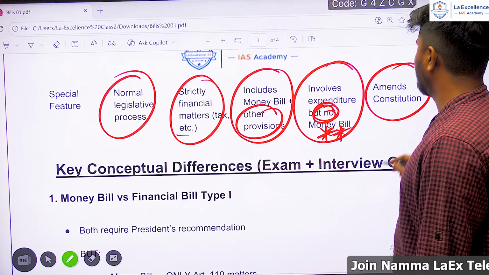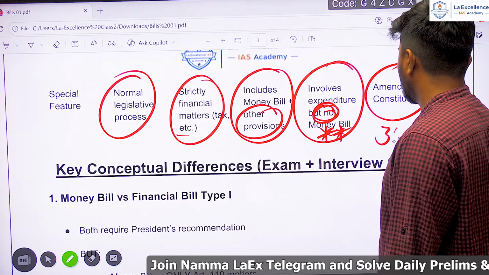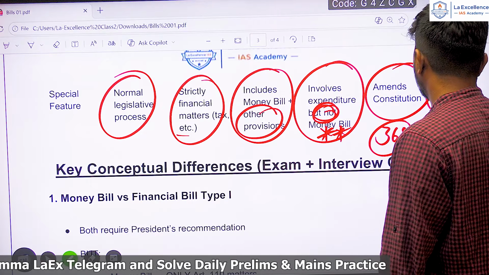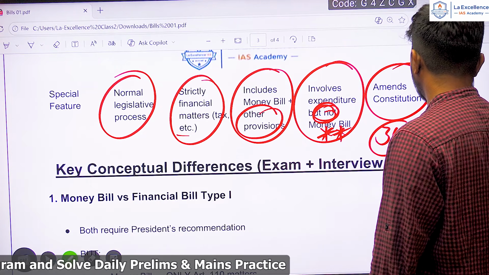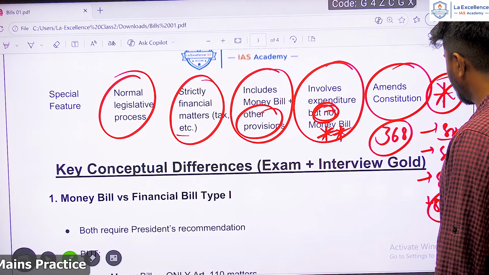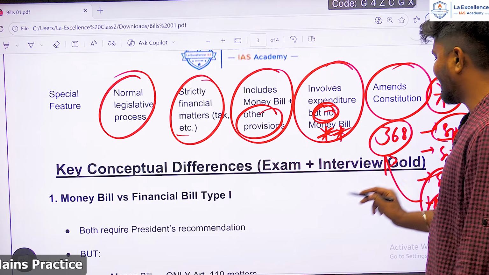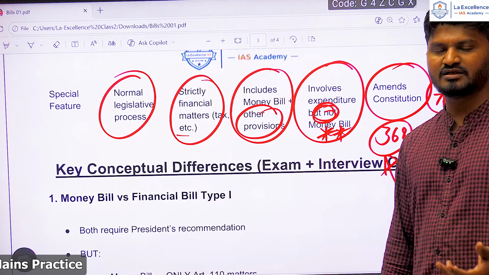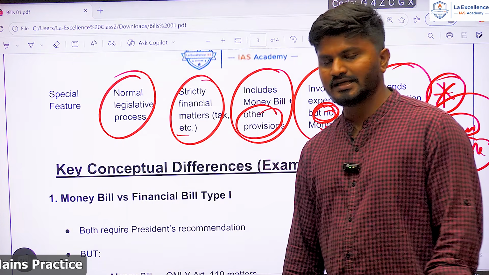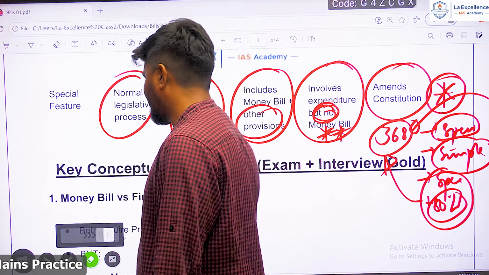Next, the constitution amendment bill, it amends the constitution itself. There are different types of amendments: with the special majority, with the simple majority, and special majority plus 50% consideration of all the states. The special majority and special majority plus 50% of the states is considered as an amendment under Article 368. You can also amend the constitution with a simple majority, but it is not considered an amendment bill under Article 368. As a result, it needs special majority to be considered as an amendment under Article 368.